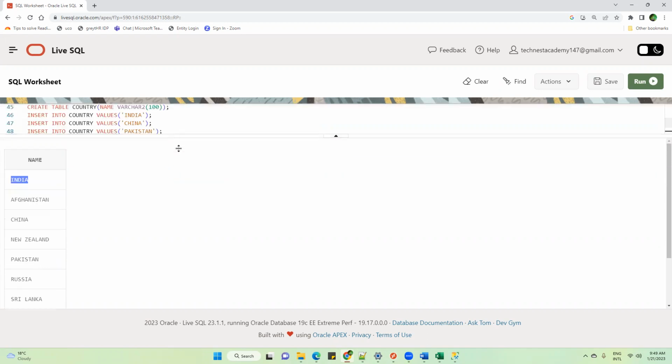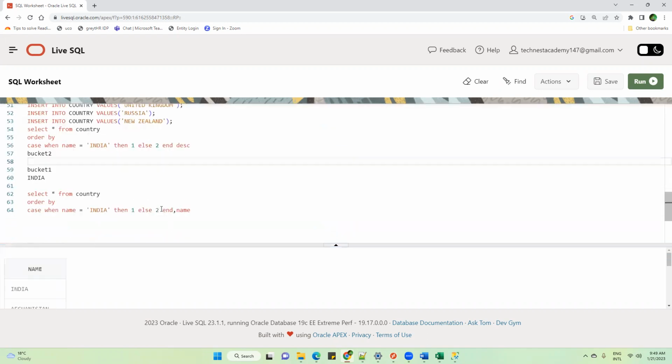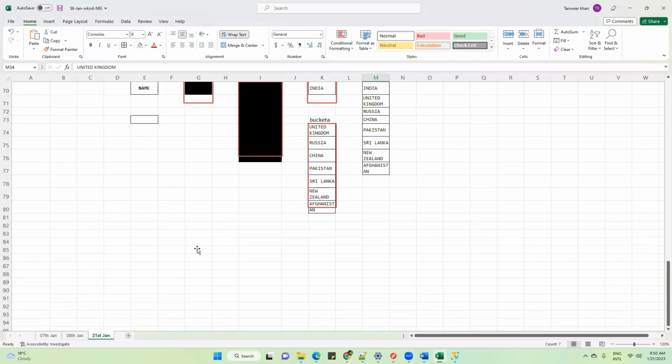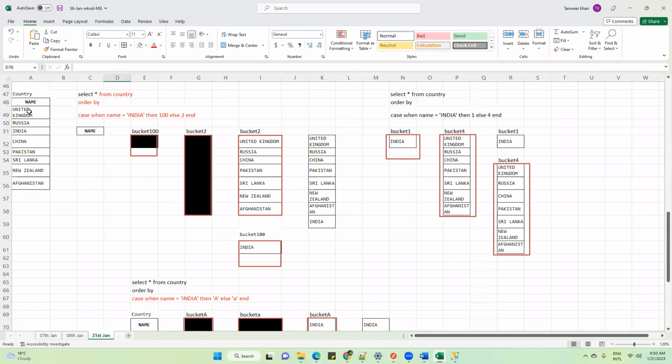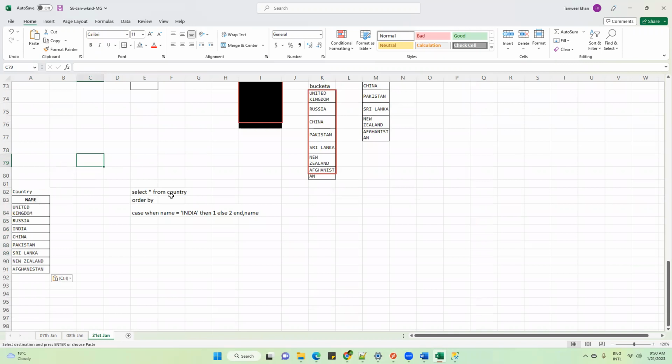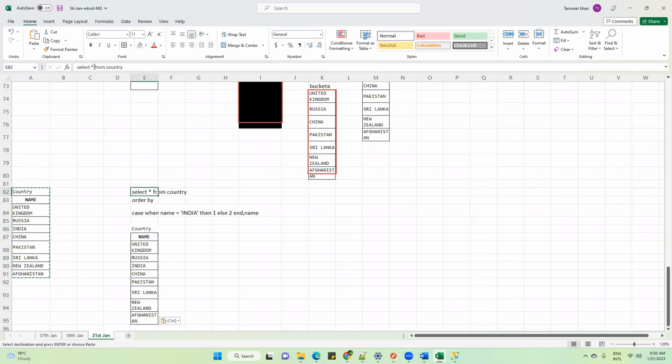Now let's try to understand how this query is getting executed by the engine. It is always very important. Not only SQL, I recommend whatever you are learning, Python, Unix, or any other thing, always try to understand how the engine executes it. That will be more interesting and we'll be able to solve complex queries then. First of all, from country, the engine will take a copy of it. You know this, right? The from country part is over.